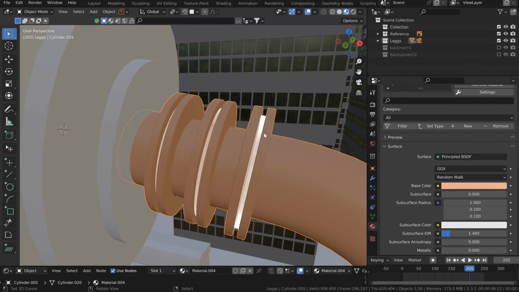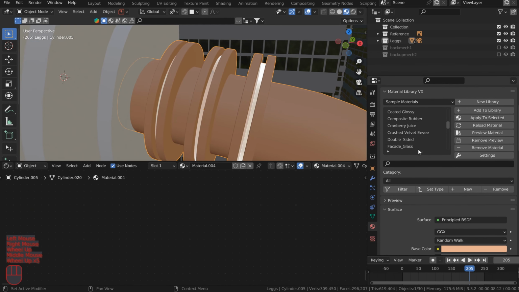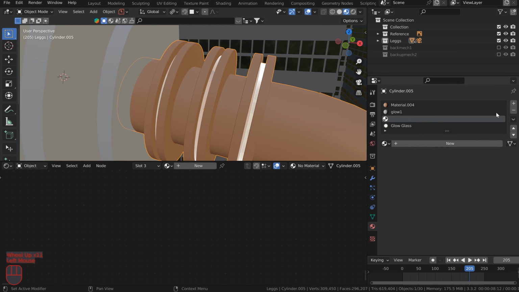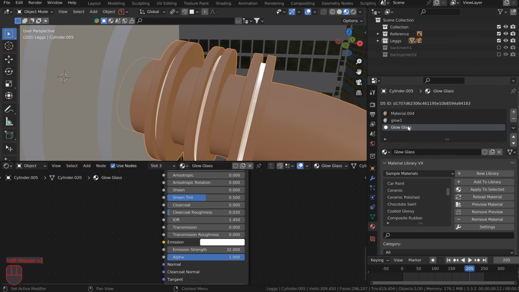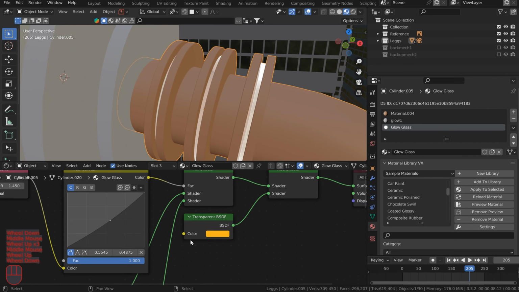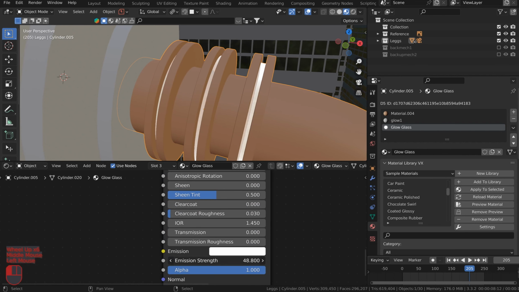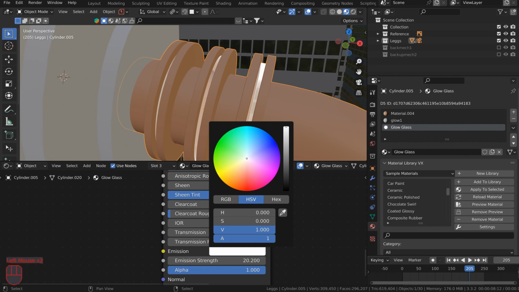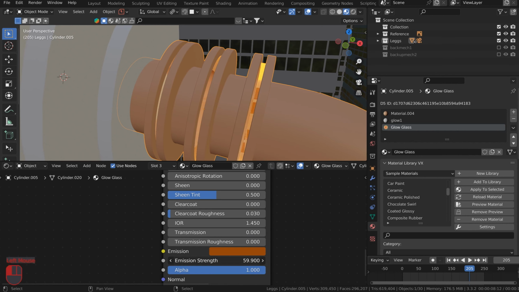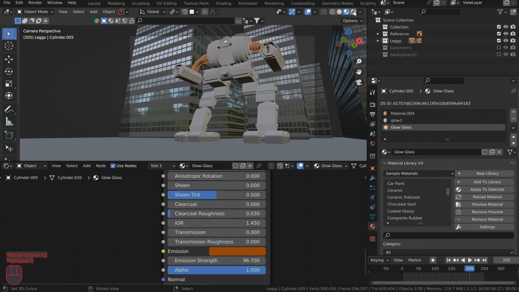And so I want to work on this, so I'll pull the shader editor back up, and let's get up here and just remove anything that's not necessary. So with the glow glass, there's a nice little shader set up here. Change the color to whatever you want, but we'll definitely pull the emission strength up, put it to whatever color you want. Always kind of going for that darker orange glow, if you will. Something like 30 usually stands out pretty nice. If I take that camera angle and come back over here,